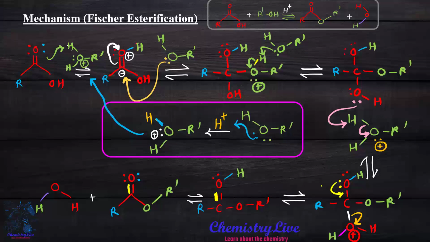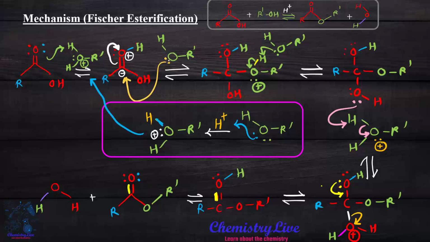And how do we get the protonated alcohol? The protonated alcohol comes from the alcohol reacting with concentrated acid. The proton is abstracted by the carbonyl carbon of the carboxylic acid, and it becomes positively charged. After the positive charge, the bond pair migrates to the lone pair, and we get the electron deficient carbon here. And from here we start our mechanism.